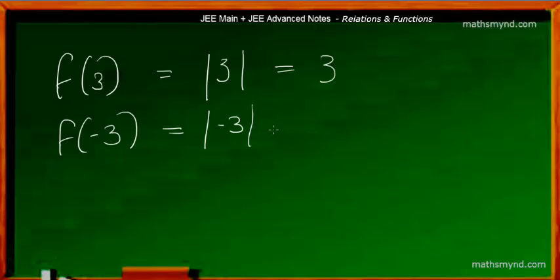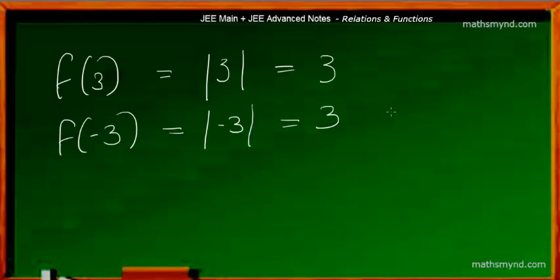So it simply means that the signage is not necessary. It again would be 3. So you can see that the input values differ in the sign notation, but as far as output values are concerned,